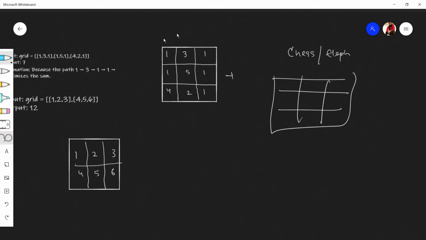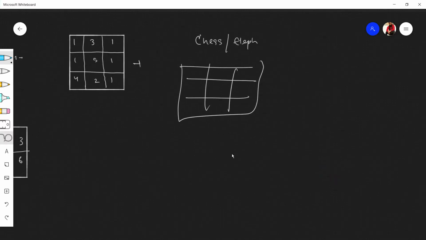Now let's check how to solve this question. We need to draw an empty 2D matrix of the same size, and it will store the minimum value to reach each cell. I'll explain: if you are standing on a source and you need to reach your destination, you have two paths. One takes X and the other takes Y money. Which will you choose? Basically the lesser one. If Y is lesser, you'll choose Y to reach here. We need to do a similar thing.